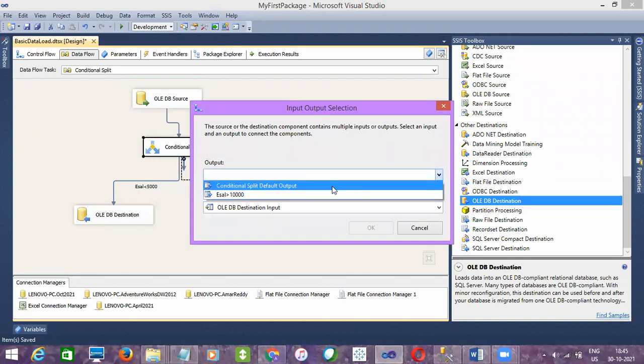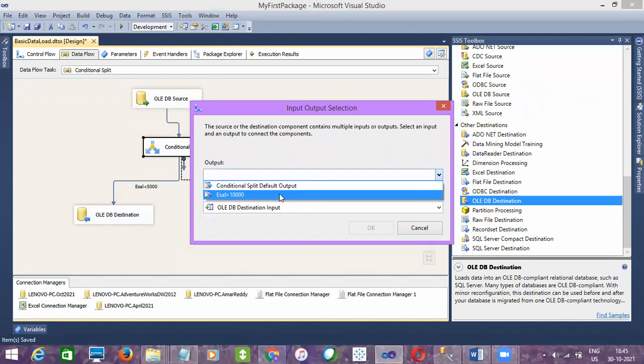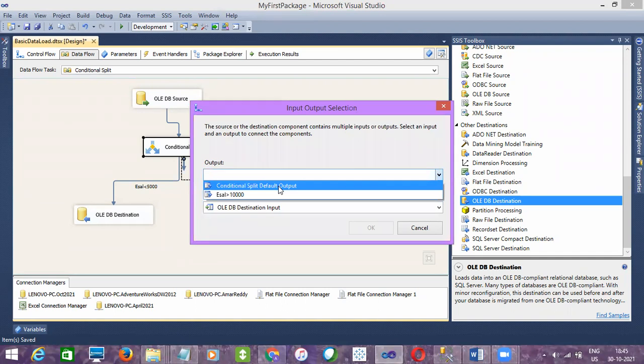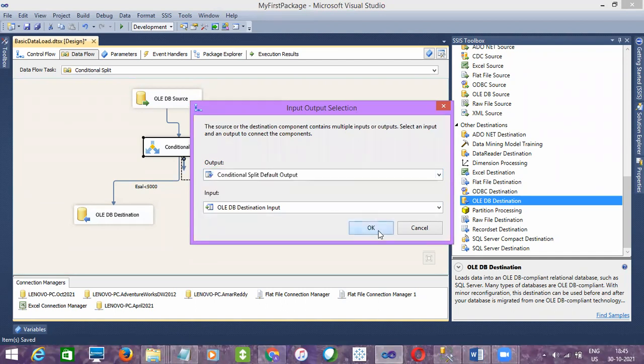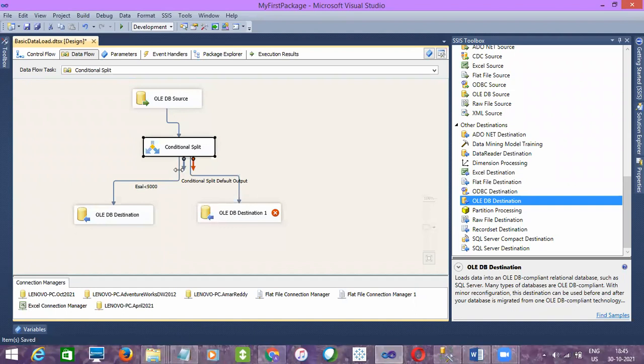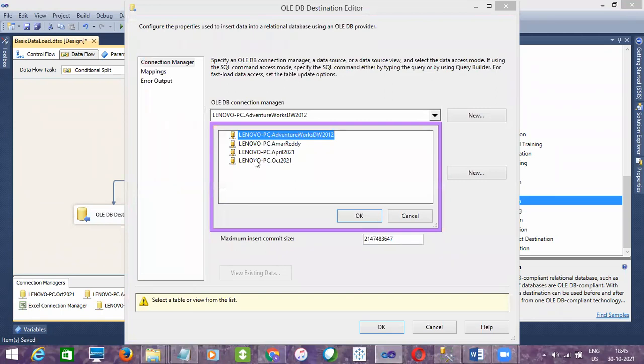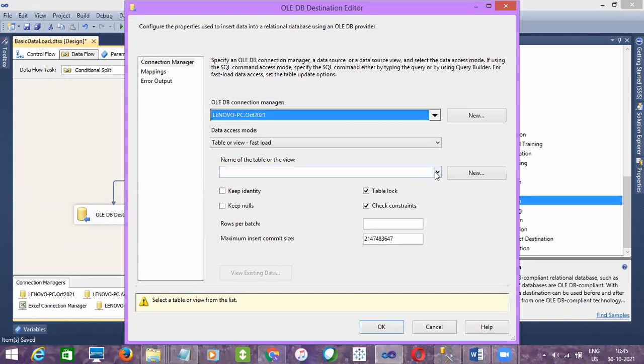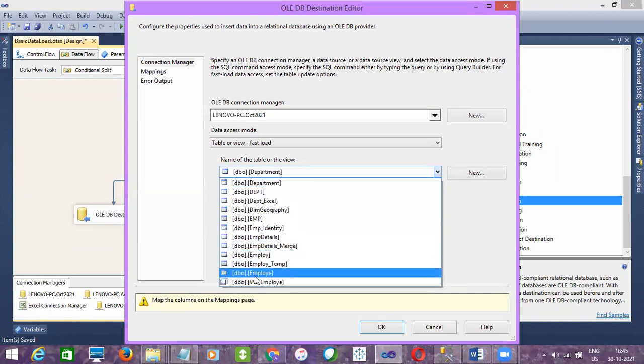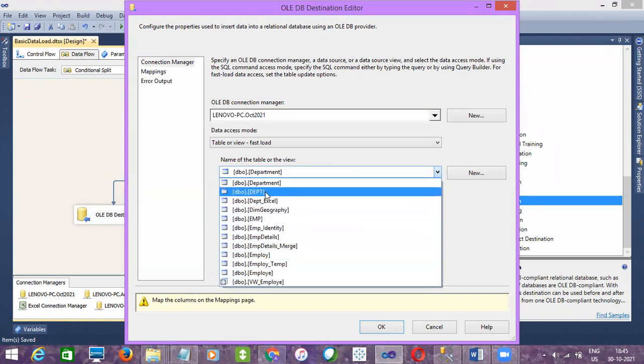And the other one, if you drag and drop, again it will ask which output you want to use. So instead of this condition, I'll use the conditional split default output. And we can also use one more destination, which is greater than 10,000. So I load this data into the October 2021 database, and the table is EMP details underscore merge.